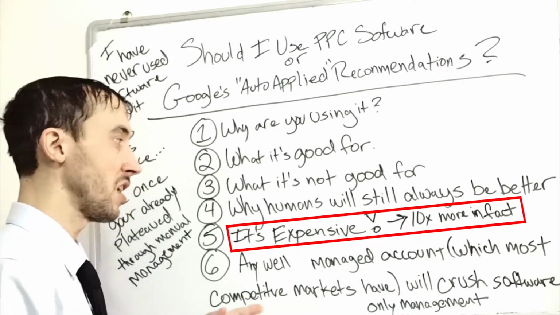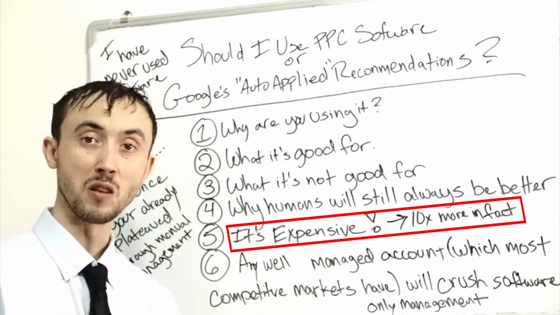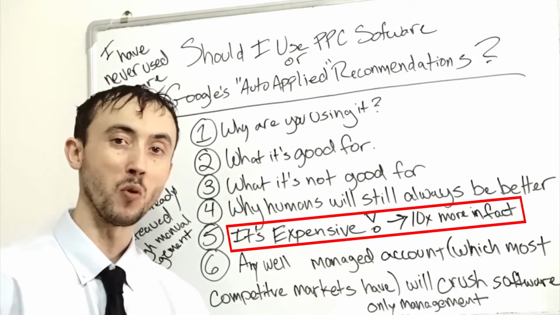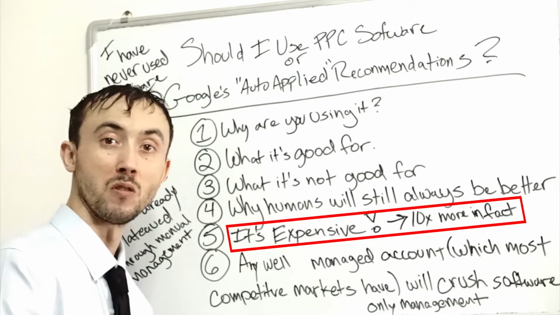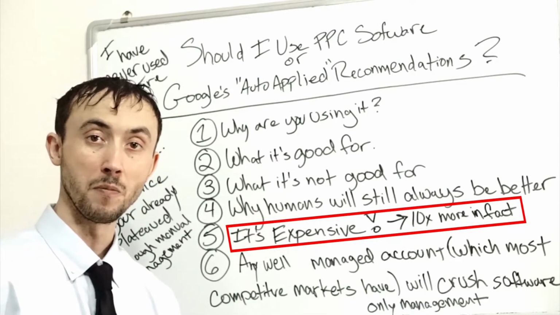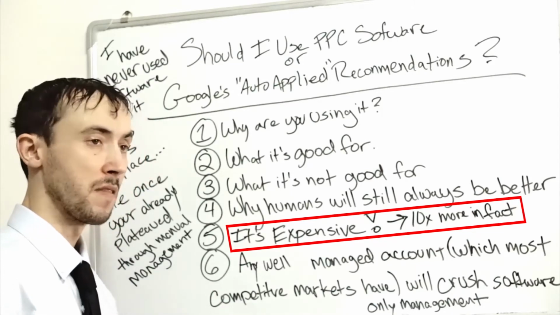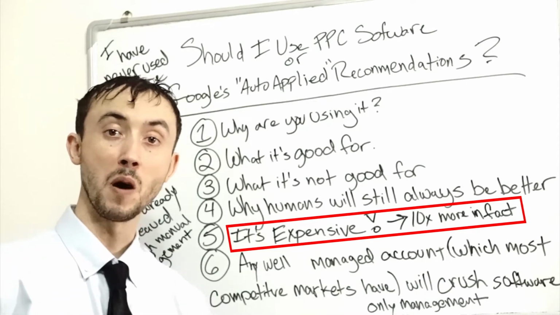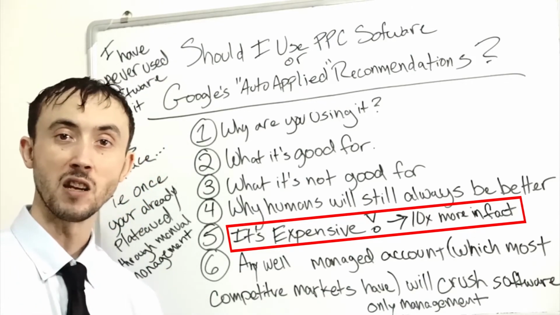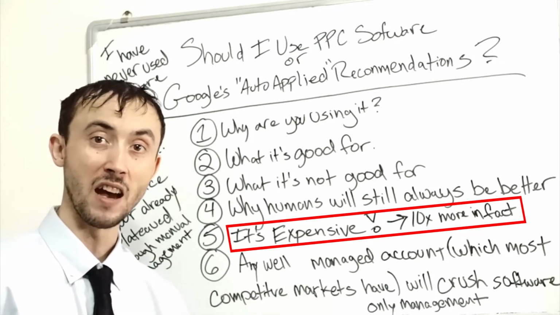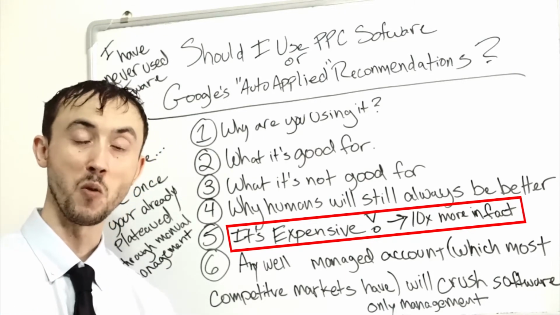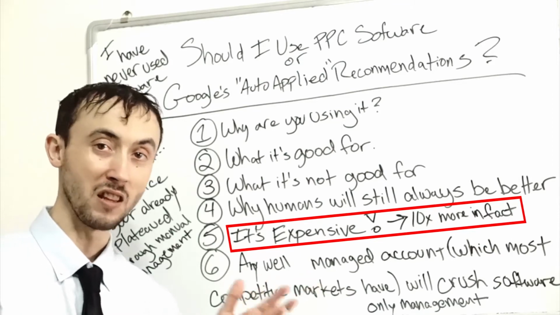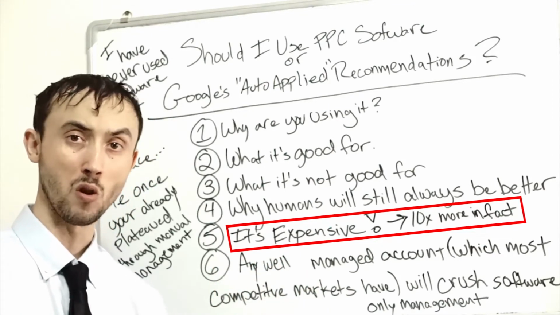By what I've seen, distilling it down for myself and looking at a few dozen accounts that have it, you're easily spending 10 times more to get to the same point that you would get to with a human managing the account, somebody who really knows what they're doing, in terms of the money it takes to get to a certain level of profitability or ROI from a set amount of campaigns. So if money is not an object to you and you just want to set it and forget it, it will certainly do that for you, but you're going to spend 10 times more getting to that same point. If you don't have a lot of money starting out, you're not going to get there with software. You should totally avoid it in that case.